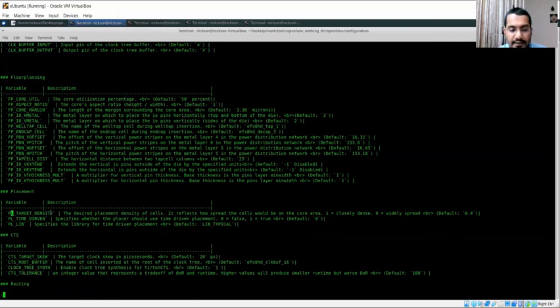Target density basically says how close or how spread you want your cells to be. A value of 1 means your design is very closely packed, and a value of 0 means there are a lot of free spaces. In this case, by default, we have taken a value a little closer to 0, so that the design is spread. The reason why you would want a design initially to be spread is that when you begin the PNR flow,